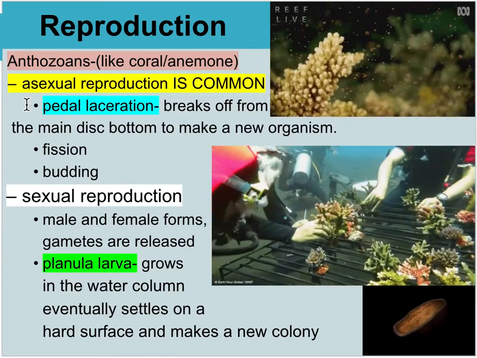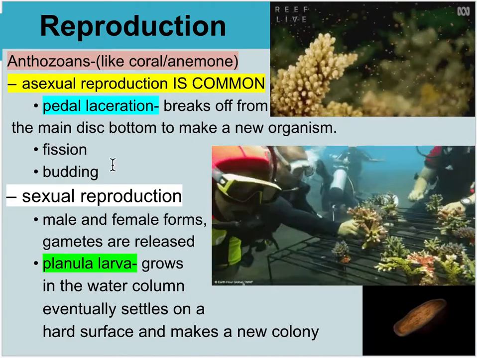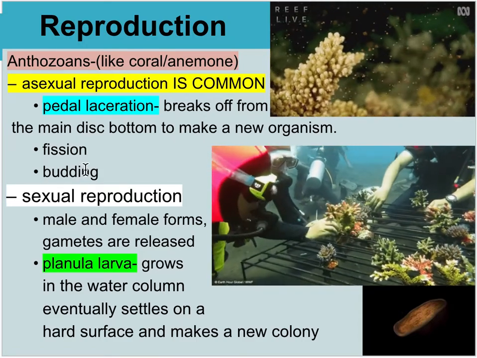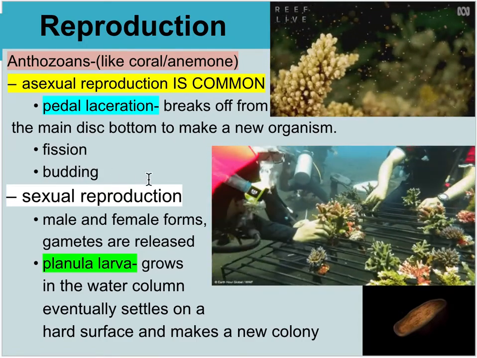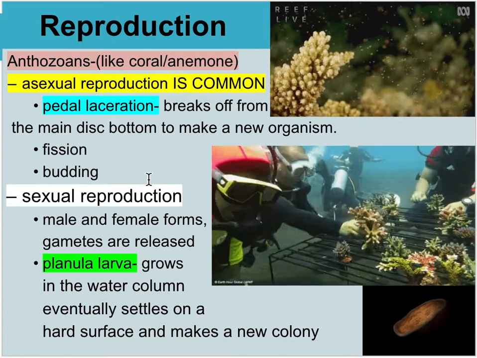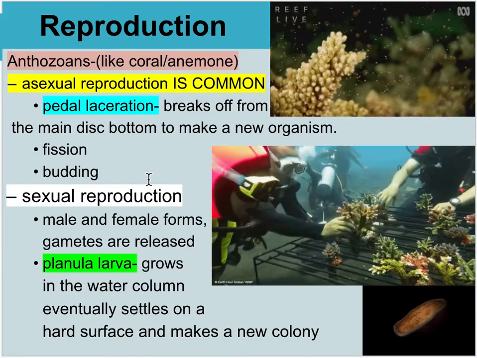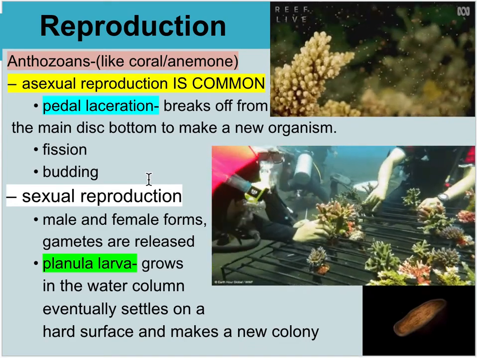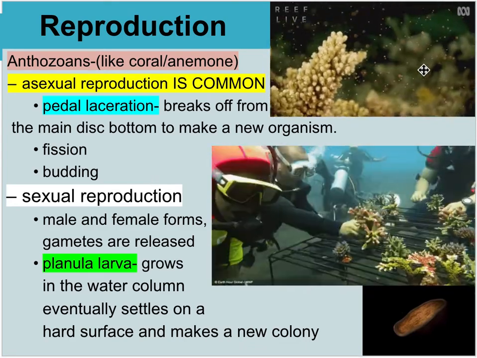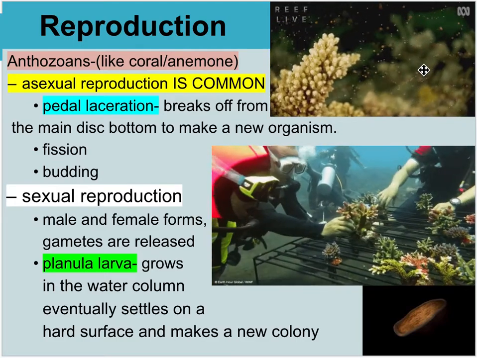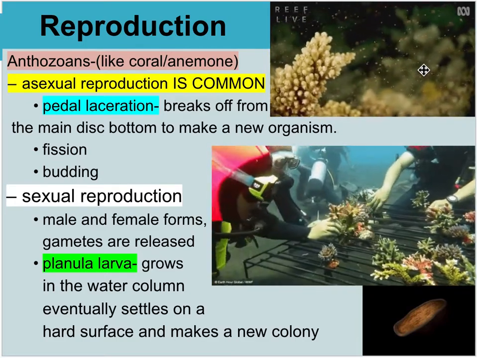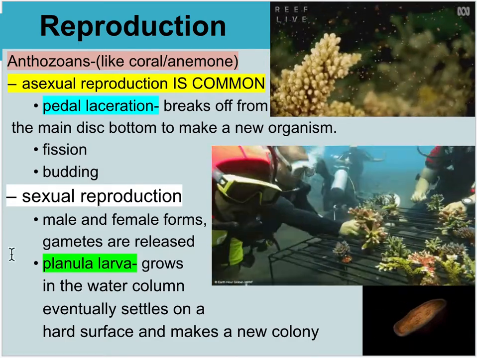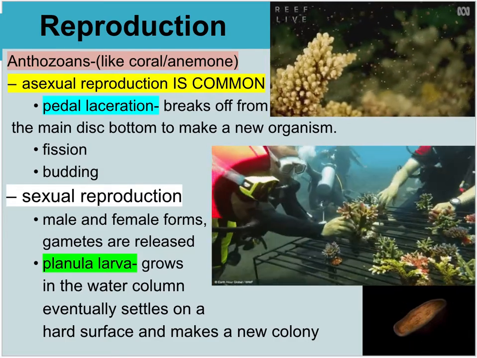You can also have a fission where a piece breaks off, like it fragments, or you can have budding where it does grow a little mini me, and then it sloughs off and makes a new clone. You can also have sexual reproduction where male and female sperm and eggs are released in the water column until they fertilize, and then it'll form a planular larva, which will swim around and make a new little colony. Okay,